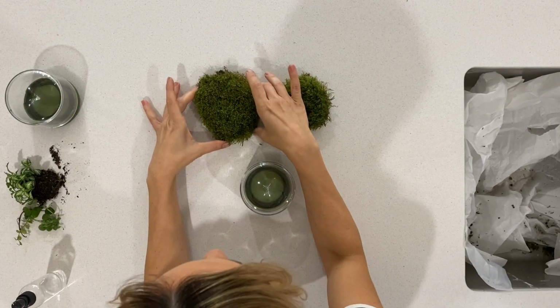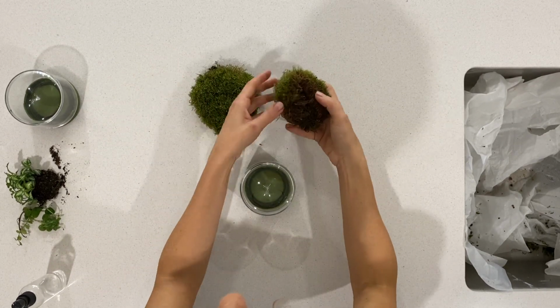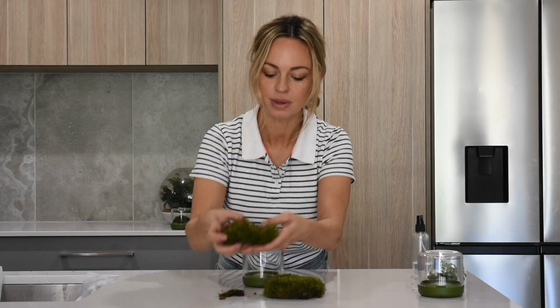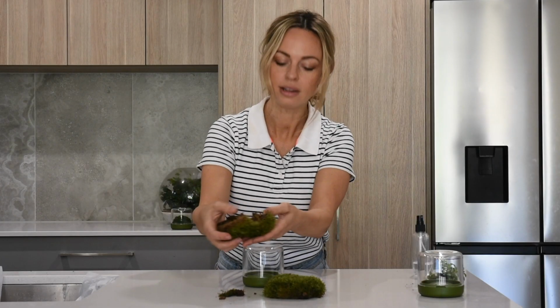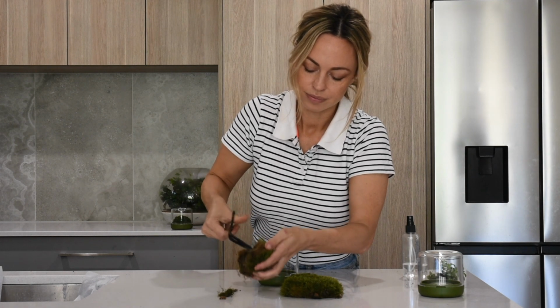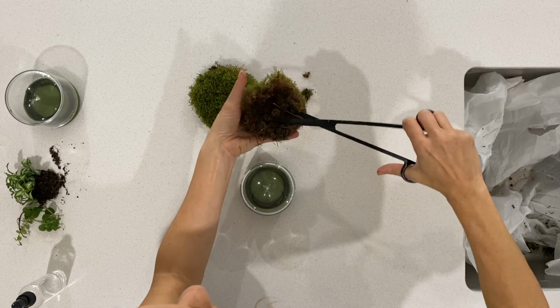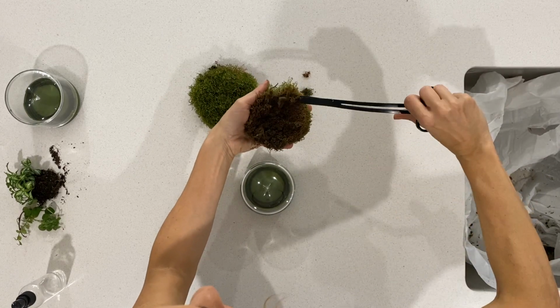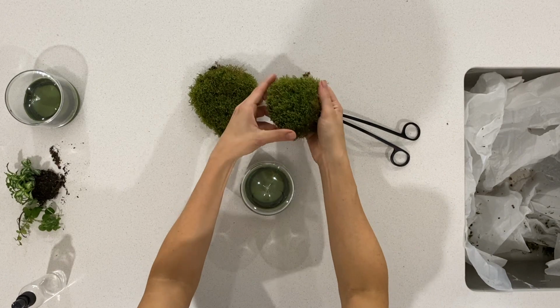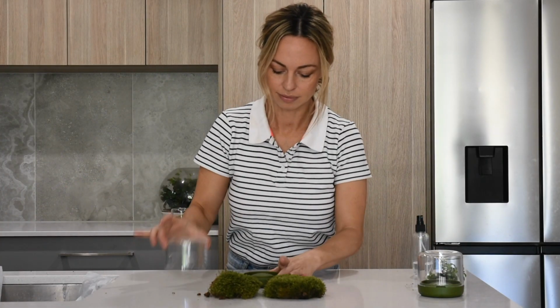For option 2, if you have moss that's really thick, like these guys here, we can do one of 2 things. We can cut away the underside. You can see the moss has really been growing for a while, and shape it to more of a dome. Don't cut into the green, but you can cut that away and get that nice presentation that Sanctuary has. Or, like that. Or we can just take the insert out and plant directly